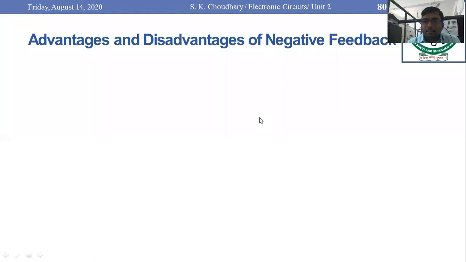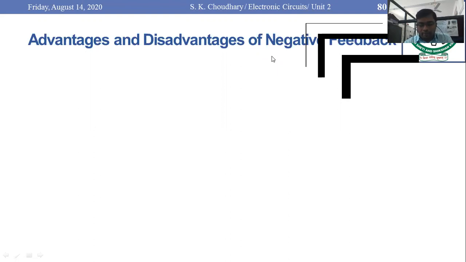Now we will see the advantages and disadvantages of it. Throughout the discussion we have not made clear whether we are discussing positive feedback or negative feedback. Basically, if we want to see the types of feedback, there are two types: one is called positive feedback, another is called negative feedback. Here we will mostly discuss negative feedback, and in the oscillator section we will discuss positive feedback. But I will just give a little idea orally.